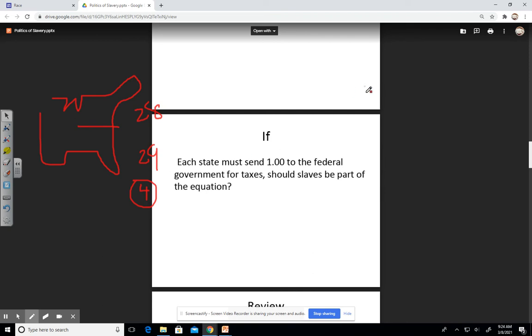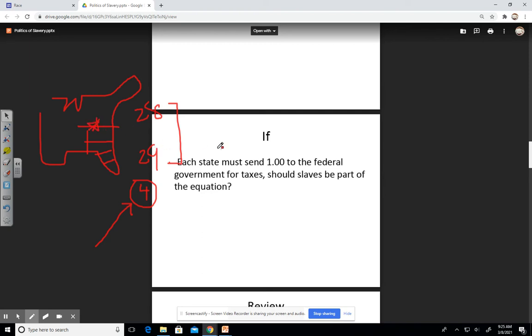All right, so on the issue of representation in Congress, how many you can send, the southern states are going to argue, yes, we want to be able to count our slaves. However, on the issue of sending taxes to the federal government, so now each state has to send tax money to the federal government, the southern states are arguing that on the issue of federal taxes, we don't want to count the slave population. So when it comes to representing in Congress, when we want the 29 votes, we want to count the slaves. When it comes time to pay taxes to the federal government, we don't want to count the slaves and we want to pay $4.